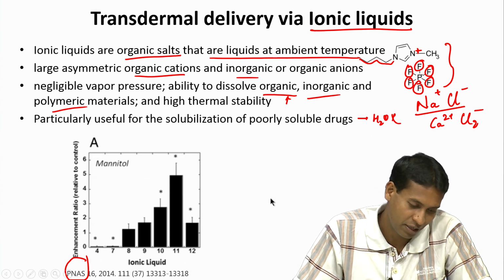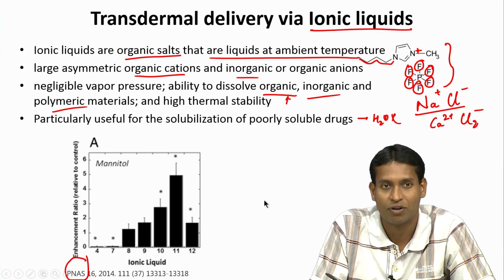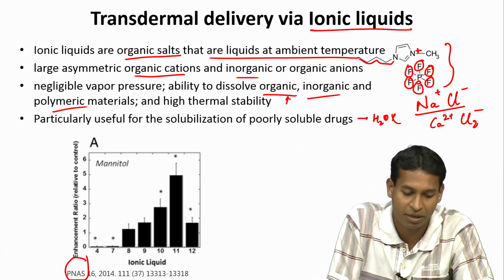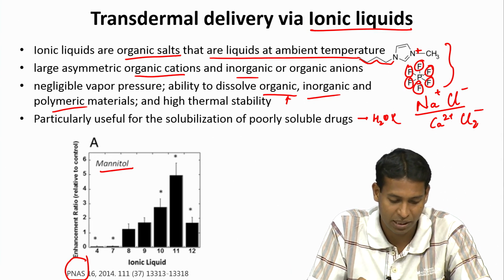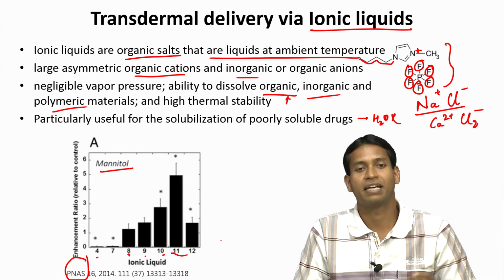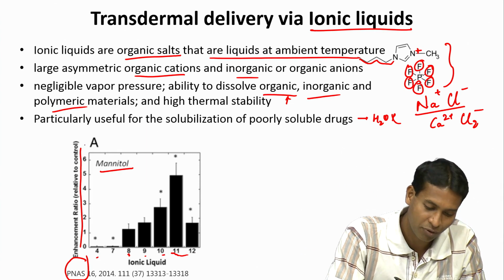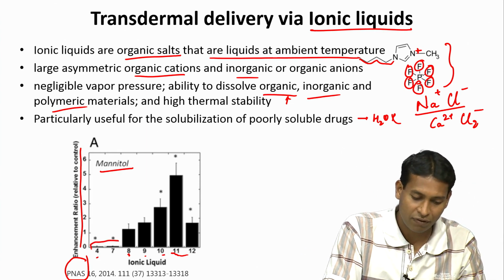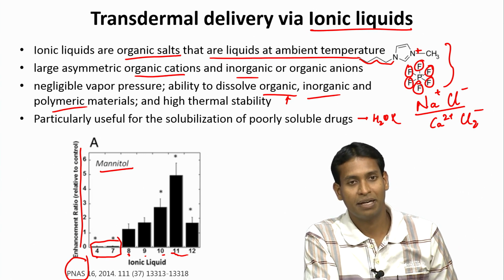And so, now what is done here? These authors then went ahead and tested these ionic liquids for their enhancement ratio for a molecule called mannitol, which is nothing but a sugar. So, they have tested various different kinds of ionic liquids. These numbers just suggest different kinds that they had, and then they looked at how much they are enhancing with respect to control. So, some of them like ionic liquid 4 and 7 did not really enhance any transport